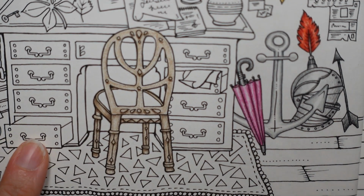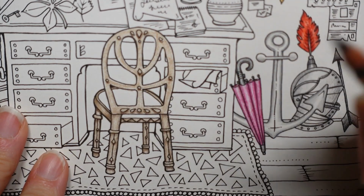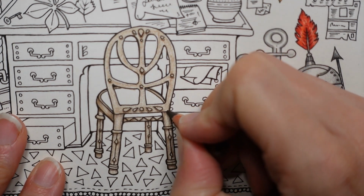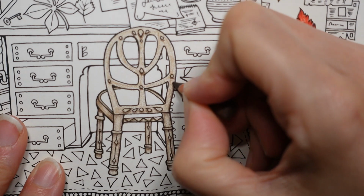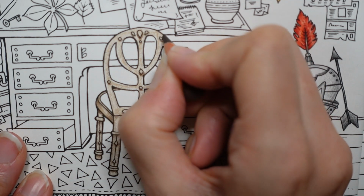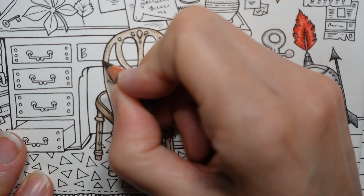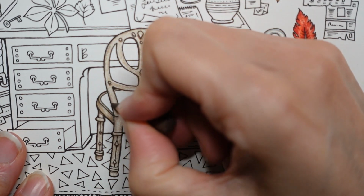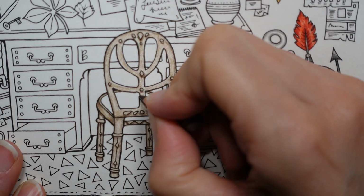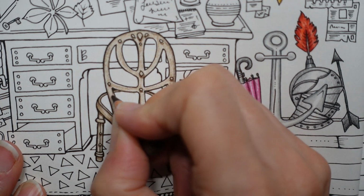Hopefully you can see. Now with the whole of this back part, it still looks very flat, and it could be flat, we don't know, but I'm inclined to put a little darker bit around all the edge like we did with the legs. It'll sort of match in with the legs then as well, but it will hopefully just make it look a little less flat, because at the moment it looks like a piece of flat balsa wood, and I don't think that is what it would look like. So I'm just going around every bit, including these parts,